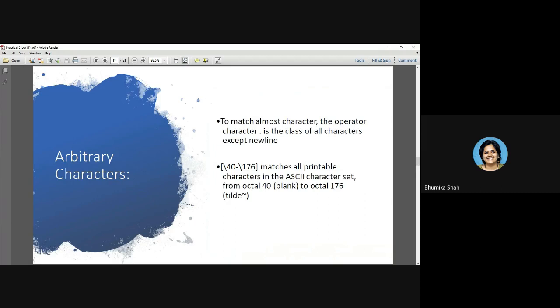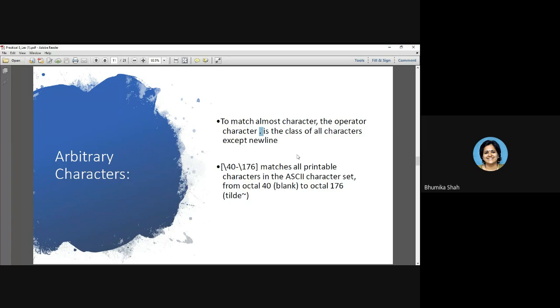Now a very powerful RE: dot. What is the meaning of dot? Dot is a regular expression which is going to satisfy every character other than newline. Any and every character other than newline will satisfy this RE dot. So if you want to generalize anything, in any default case, dot should be used.